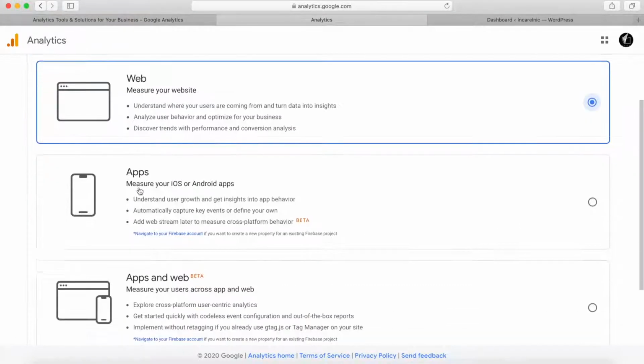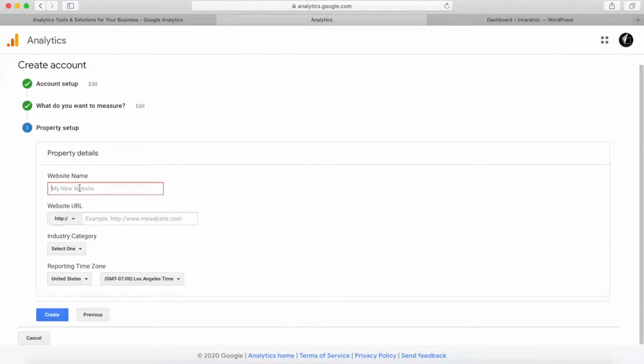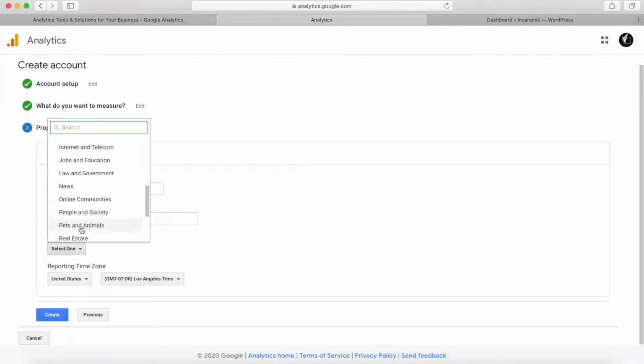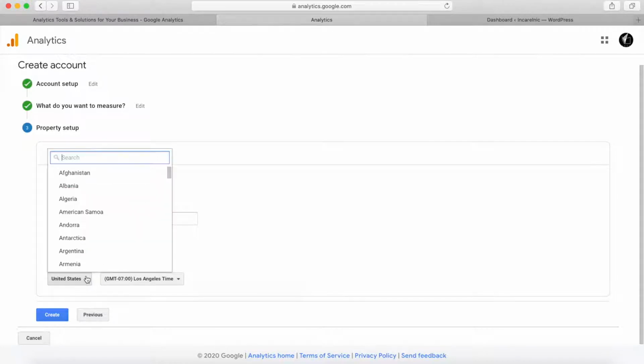In this case, we want to measure a website. We're gonna leave it like this in web. Next, the website name, industry category, choose the industry you're in, choose your time zone,